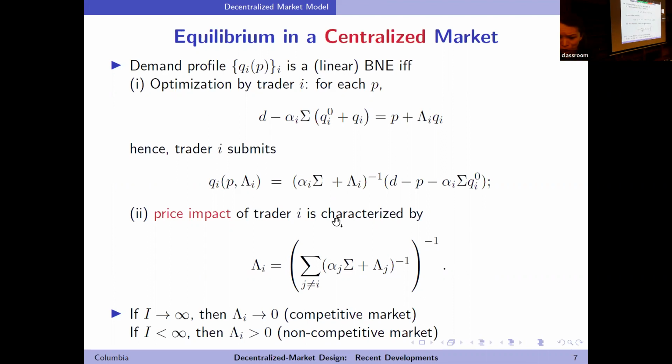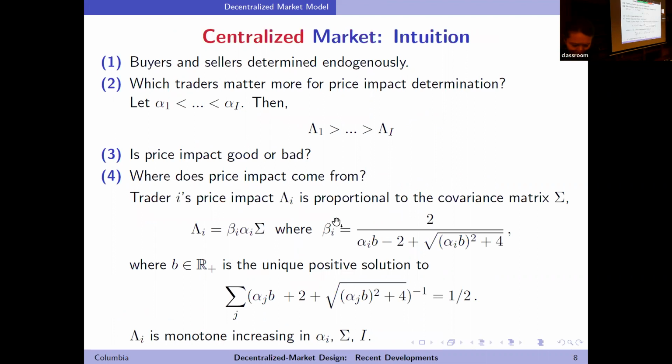Okay, so I wanted to point out a few properties of this model, and this is gonna sound like micro 101, but I think it's gonna be really helpful for the intuition. Notice that in the class of games in demand and supply schedules, we don't need to specify exogenously who is a buyer and who is a seller, like we do in Cournot markets. In Cournot models, whether I'm a buyer or a seller actually depends on who I trade with, and more precisely, on the trading needs or the willingness to pay of my counterparties. I can do it here.